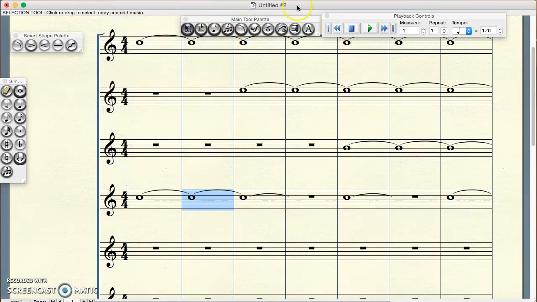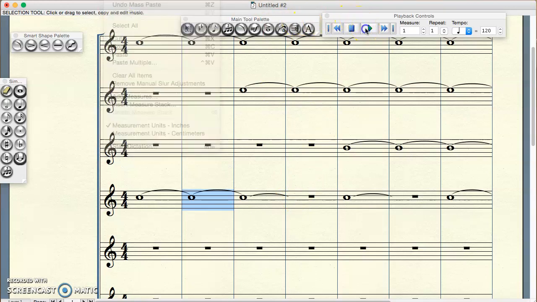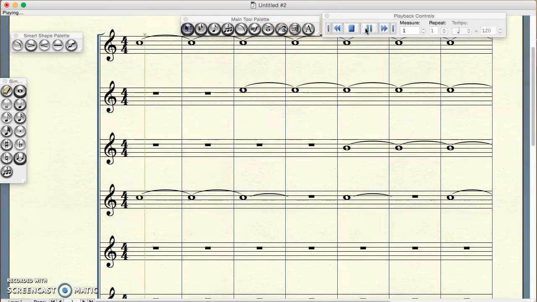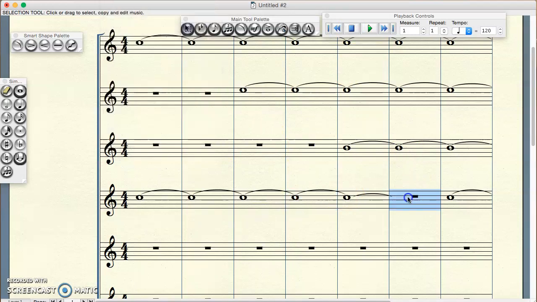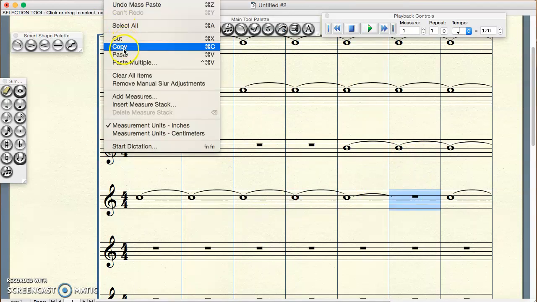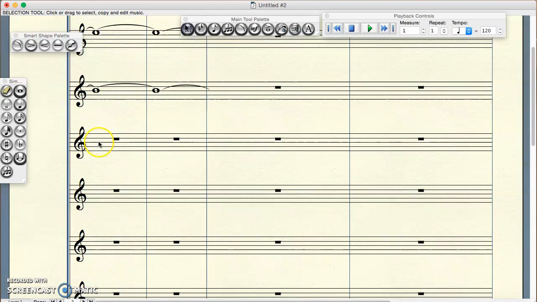Let's see what happens. Alright, we'll play that. Yeah, and that's nice. So it looks like I actually have to paste it in manually at every bar. And I just put it there and there. So I have now 1, 2, 3, 4, 5, 6, 7. I go on to the next page, do the next